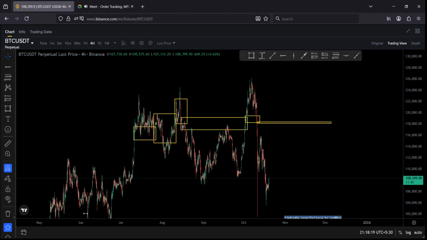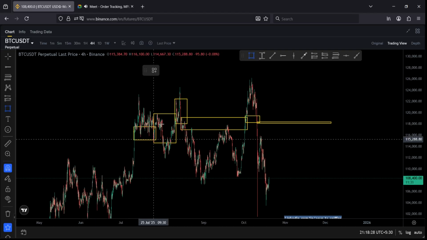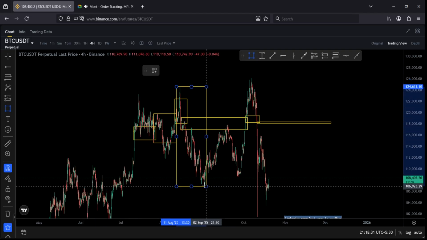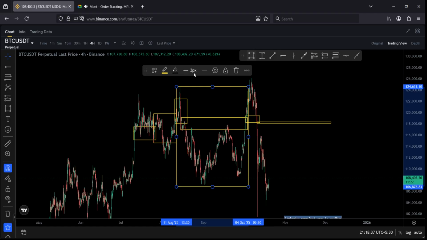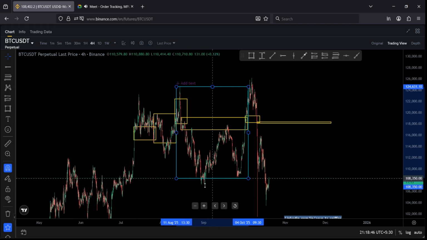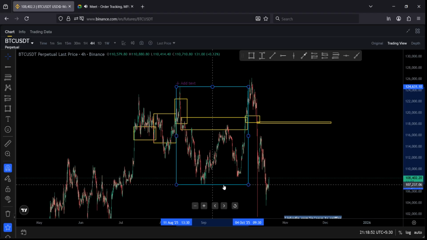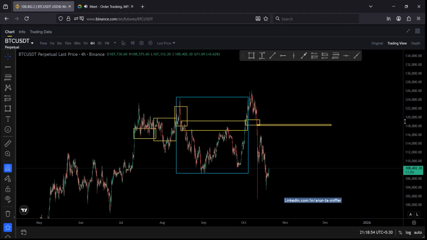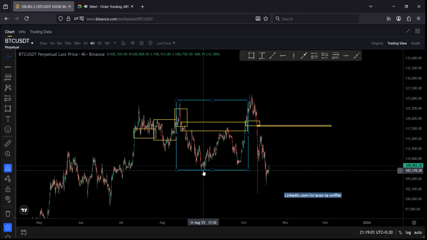So if you see, price goes up, came down, goes up. The whole price goes up till here, came down till here, like this. Okay, we change the color. So price goes up till here, came back here. This one is the pullback. Price goes up till here, came back till here, goes up.